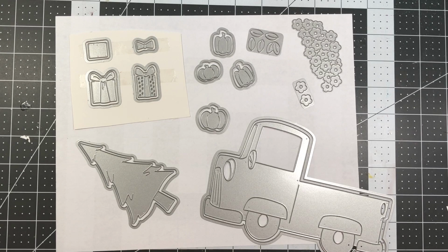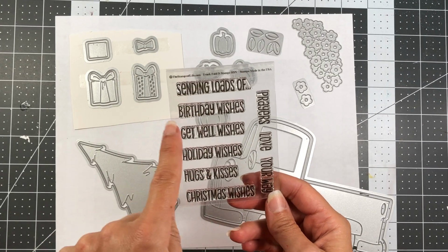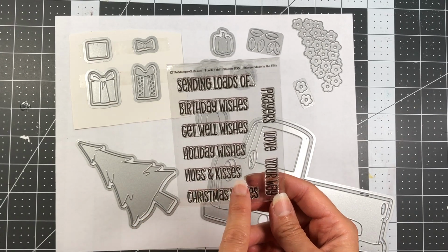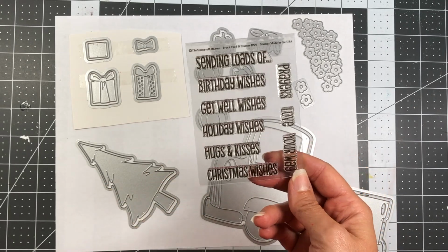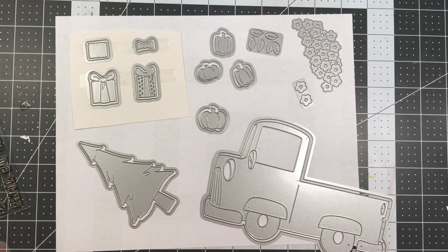And it also comes with this stamp set, and it says sending loads of, and then you can say birthday wishes, get well wishes, holiday wishes, hugs and kisses, Christmas wishes, prayers, love, and then you can end it by saying your way. Now I'm going to be making a few cards with this die set so you can see